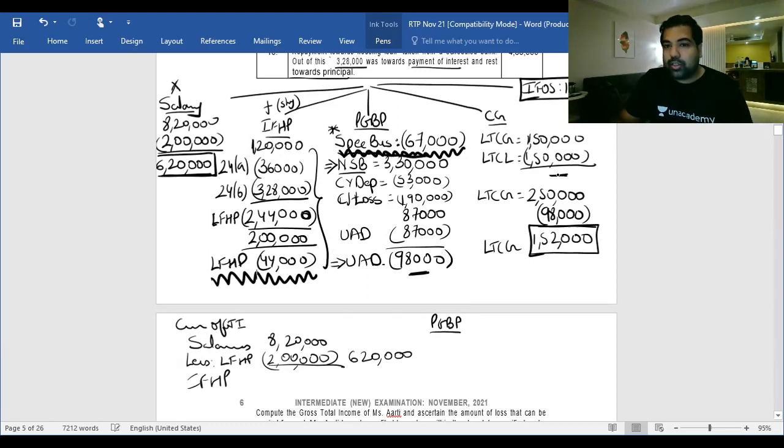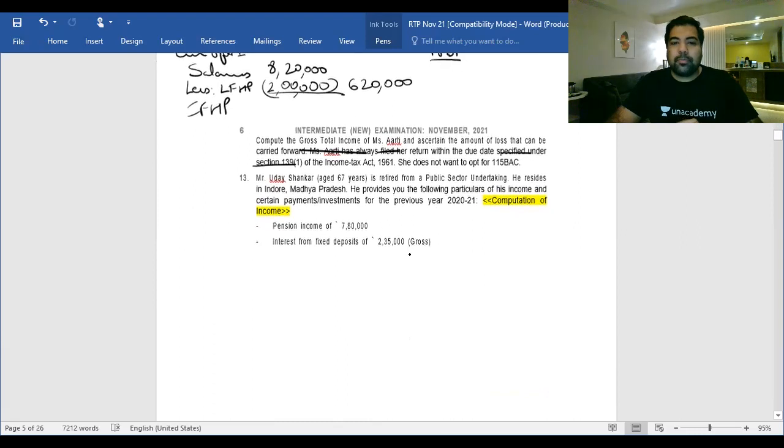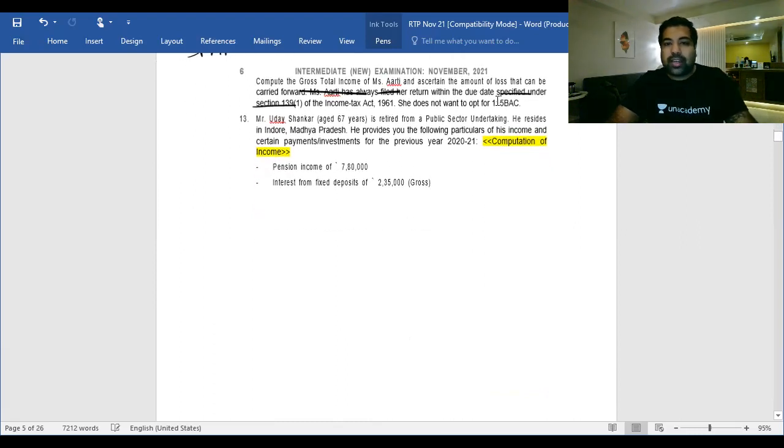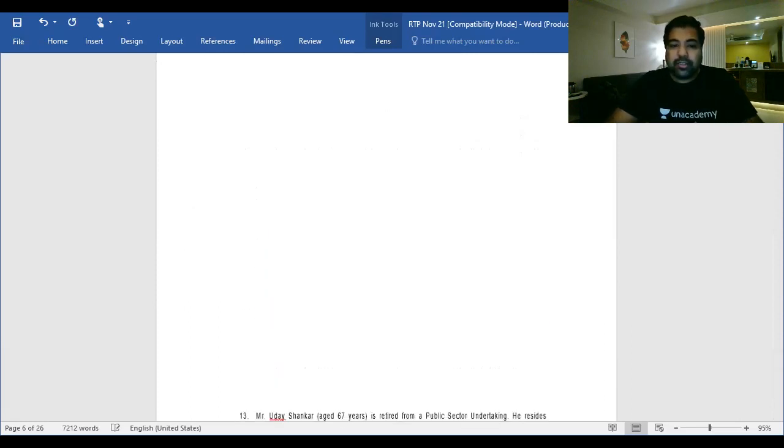Then you'll go to capital gain. You will set off just the same manner that I've done. You write unabsorbed depreciation here, and you will get 1,52,000 in the outer column. In IFOS, you'll write 1,15,000 in the outer column. Perfect. That is how you will do the sum, and that is how you will score great marks, guys, because one of this question on set off is usually there at CA Inter levels.